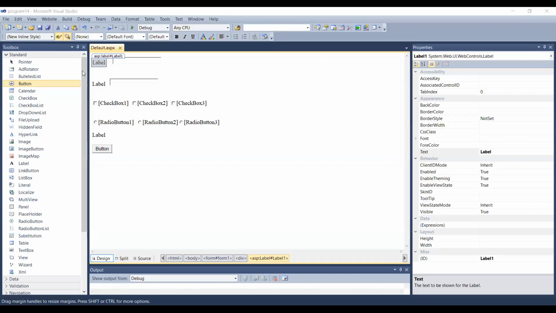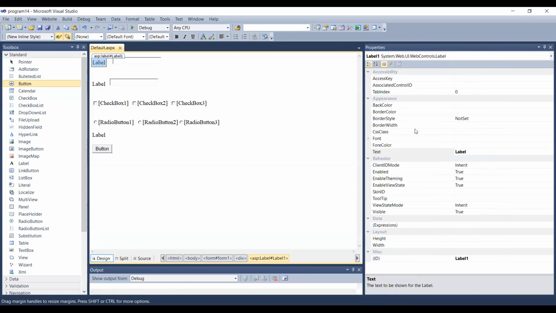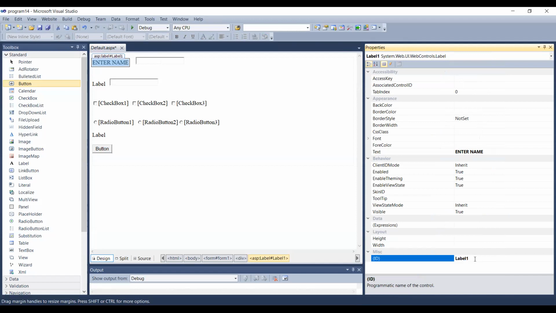Yes, see. So now let us go back to Visual Studio, guys. So we are back at the studio. Then select label 1. You can see that all the properties are visible for this label 1. So text, you have to put it as what? Just change the text saying enter name, right? You can take text in capital as well as small case. But what is important? Taking labels properly is very, very important. So in your program, you can see that enter name, right? For label 1, keep the default ID saying label number 1, right?